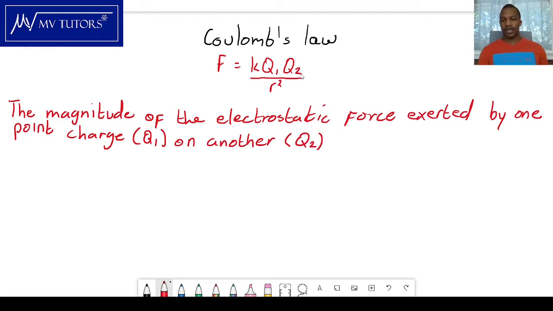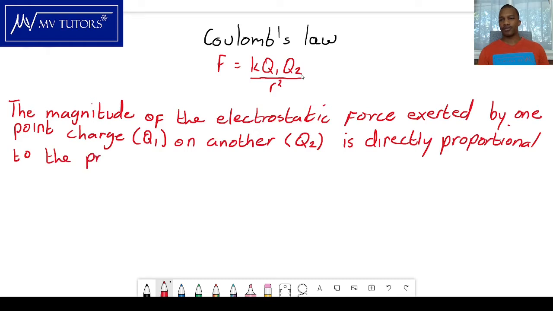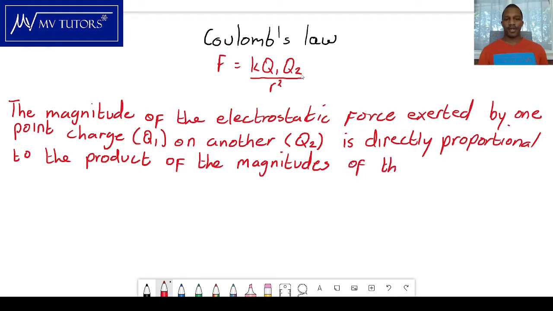is directly proportional to the product, product means the multiplication, the product of the magnitudes of the charges, and the same force